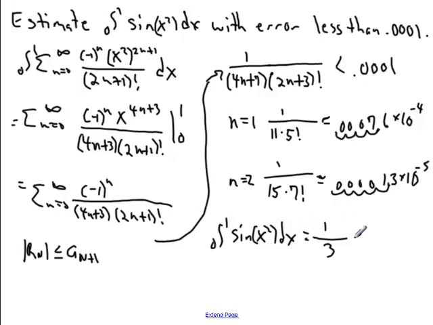Next term is going to be negative 1 over, and we'll plug in 1 here, so that's 7, multiplied by 1 here, 3 factorial is 6,